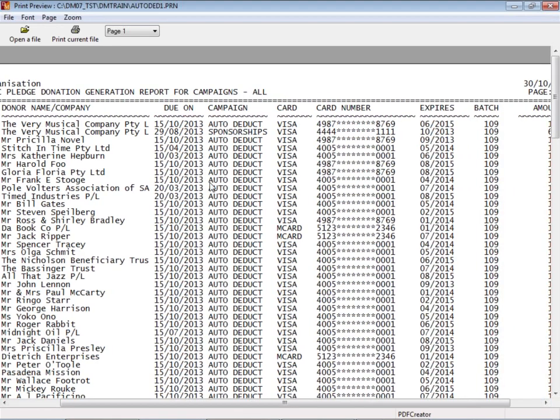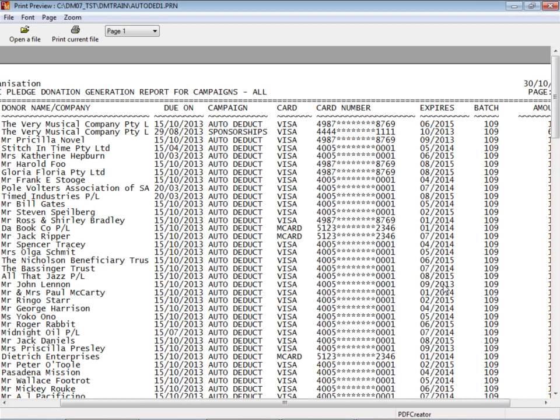If there were any that had an expired card, and in this case you can see here I've got a couple that will actually be due in March, and I've got some that are all due, looking at the expiry dates of the cards. So I've got a whole lot here, but I've got one here that, when I did this run, was picked up because I didn't say no, exclude this one because it has an expired card. That's why ideally, when I do the report, I should say no, I don't want to include the expired cards.